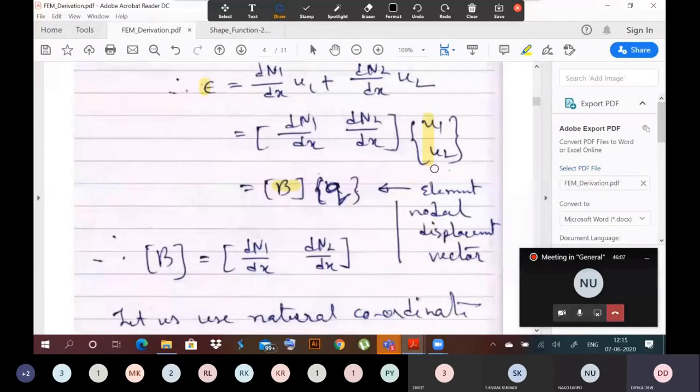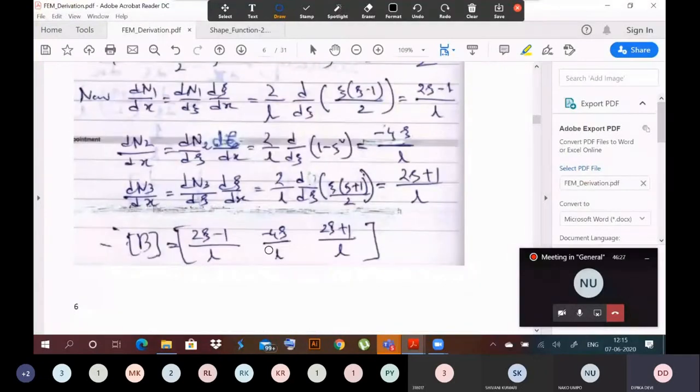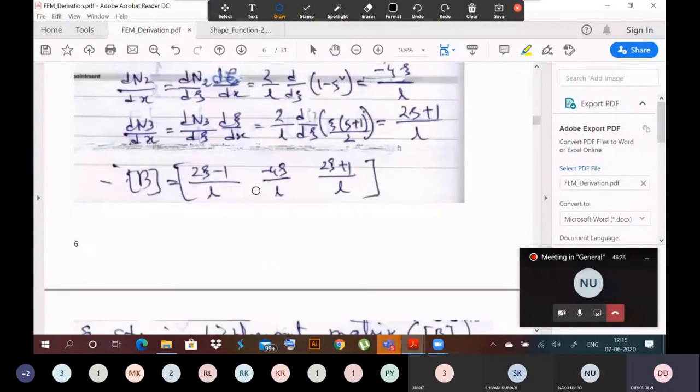But for a three-noded bar element, we have to find out the B matrix from the given xi. You see, for a three-noded bar element, the B is not constant. The B matrix is a function of xi. If the bar were a three-noded bar element in this given problem, you would have been given U1, U2, U3. Then you find the value of xi, then the values of N1, N2, N3. And that will give you the displacement at that point. Displacement will be equal to N1 U1 plus N2 U2 plus N3 U3.